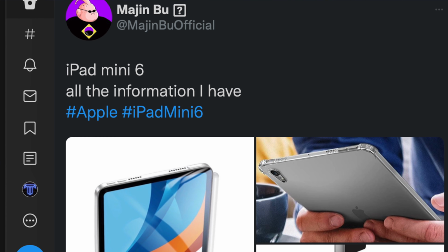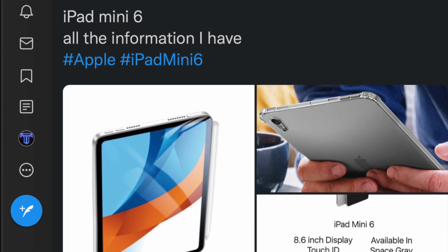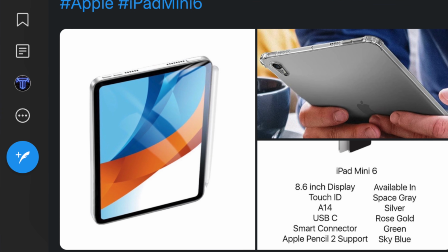So this leak comes from case manufacturers, actually, and the person reporting on it is the same person who's given us a lot of the iPhone 13 cases in the past that indirectly kind of confirmed the naming, although it's not confirmed just yet. But if a case manufacturer is making a change like this, it's a pretty noticeable one. It's not just a template concept artwork. Like, they have to retool their cases in order to accommodate for this design change,